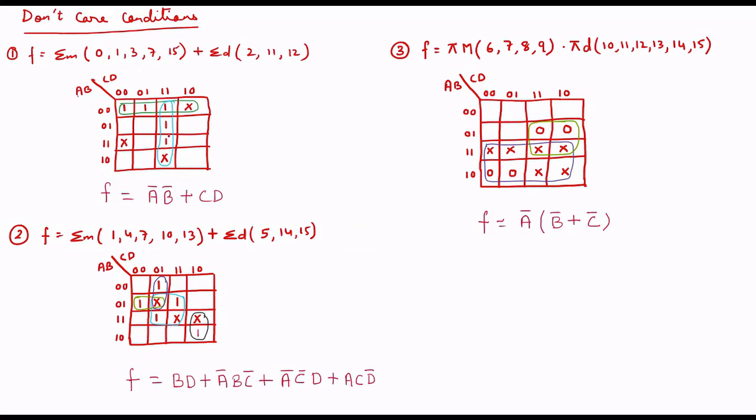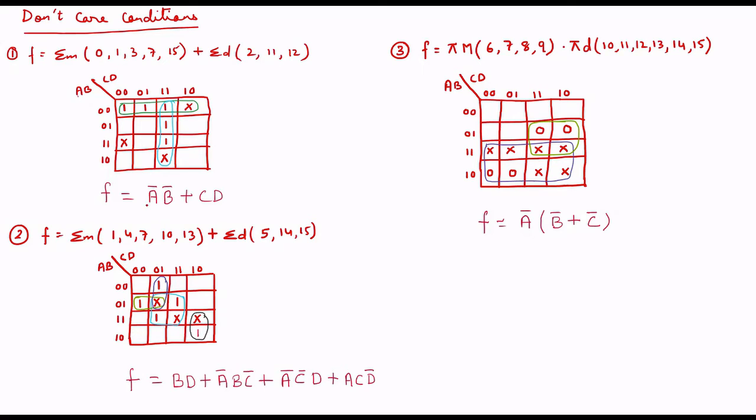We know that if I go for a pair, I'll get more literals compared to a quad, so I'm making a quad over here. This don't care is not required, so I'm leaving it as it is. From here I'm getting a min term, and from here a min term, one horizontal and one vertical. Joining these two min terms, I'm getting the final equation. You know how to get the min terms, so I'm not explaining that further. If you want to know how to get the min terms, you can refer to my old videos.